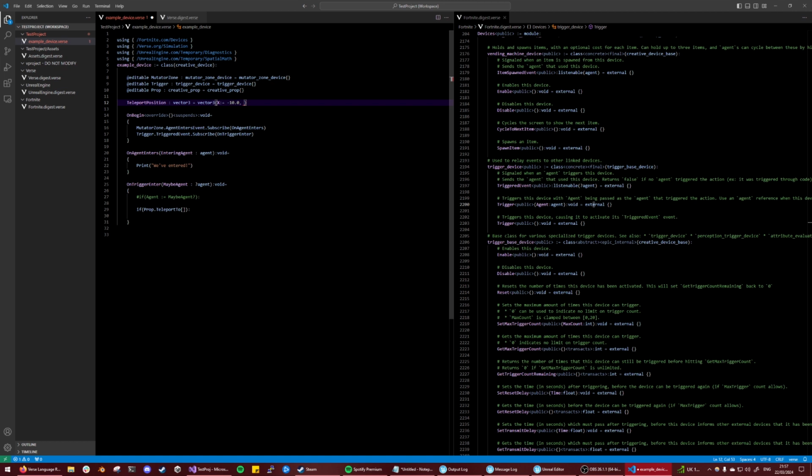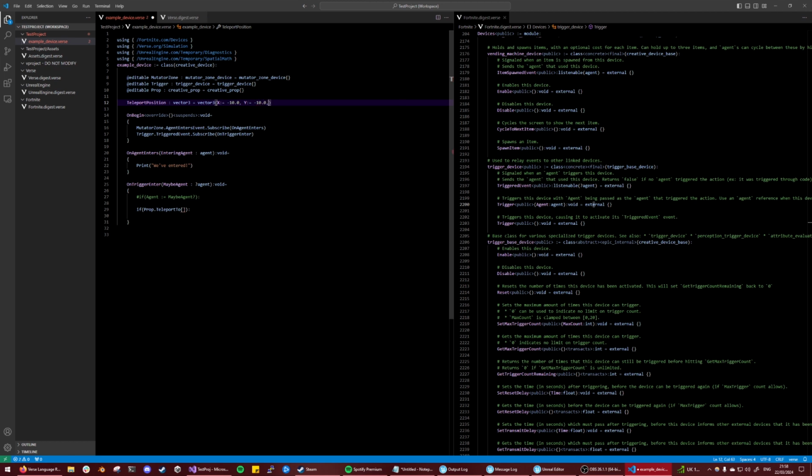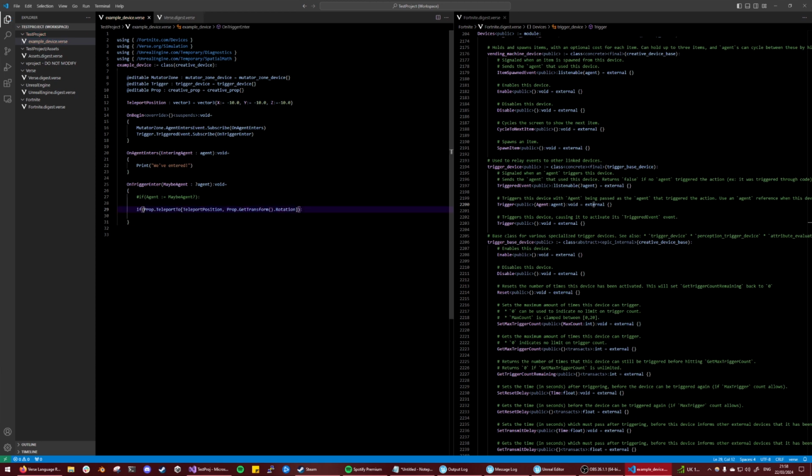I guess property, but each axes ourselves. We do x, did it at that, and we do y. It's minus 10, and then z minus 10. So we teleport to our position, our rotation. I don't want to change the rotation, so let's just do proc.getTransform.rotation. And that's fine. What's interesting is if I got rid of this,